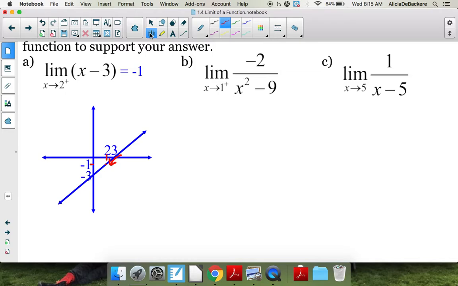So if I factor that denominator, x squared minus 9, that's a difference of squares. And so I would get x minus 3 and x plus 3. That tells me that there are breaks in this graph when x is negative 3 and x is positive 3. Which tells me that because I'm investigating the limit as x approaches 1, it is actually continuous at 1. So because of that, I can just substitute in my value, x is 1, and I'm going to get